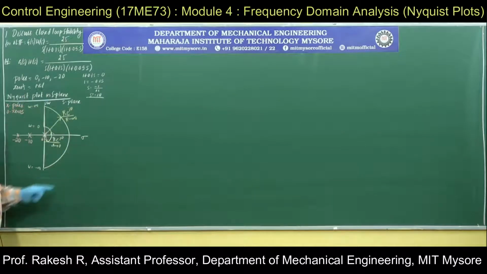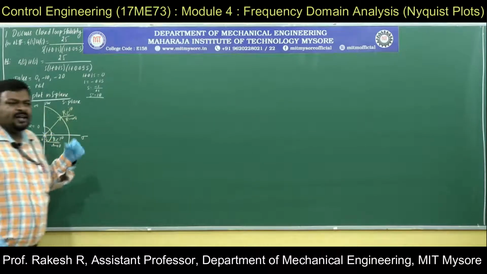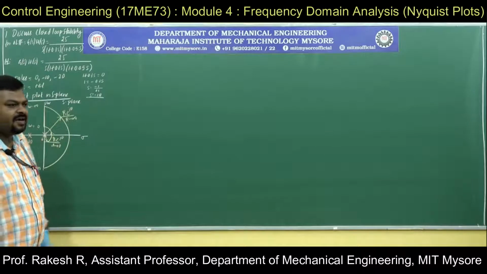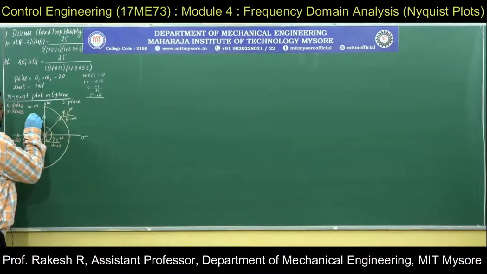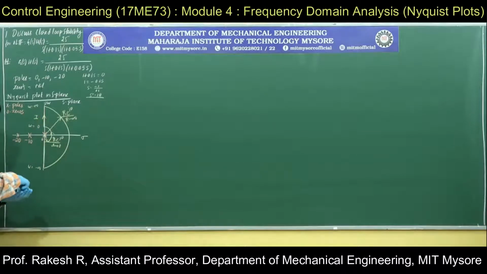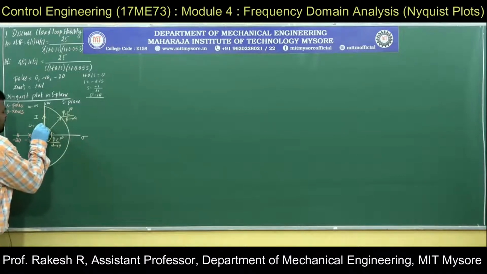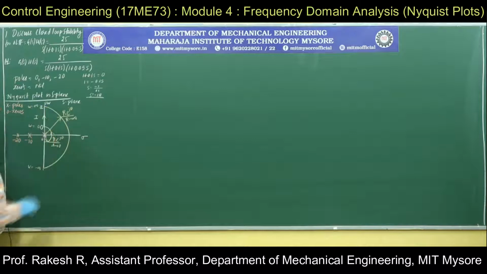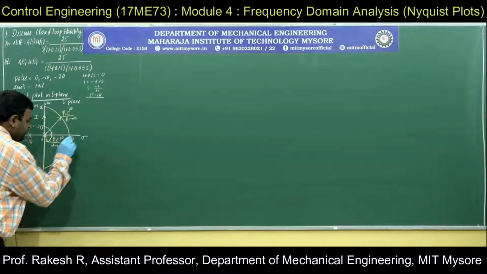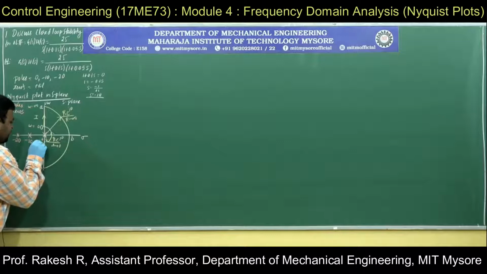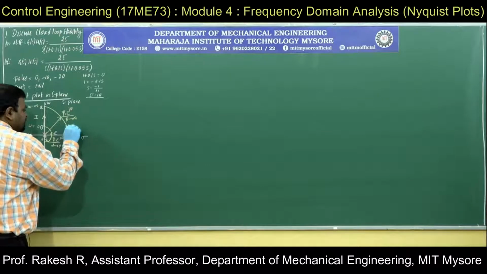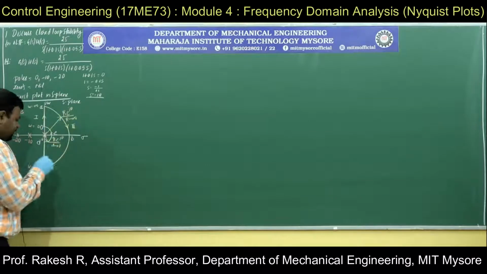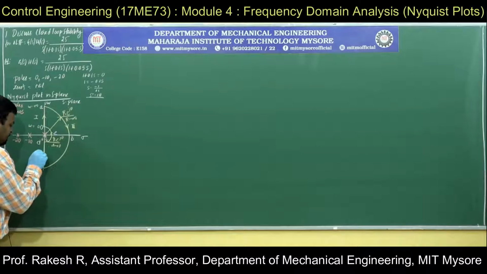Then after that, to analyze this mathematically, I will define the segments. This I will call segment 1. For naming purposes, I will name the points O, A, B, C, D and E. This is the first segment, OA. ABC is the second segment, which is a circular contour. Then CD is the third segment.